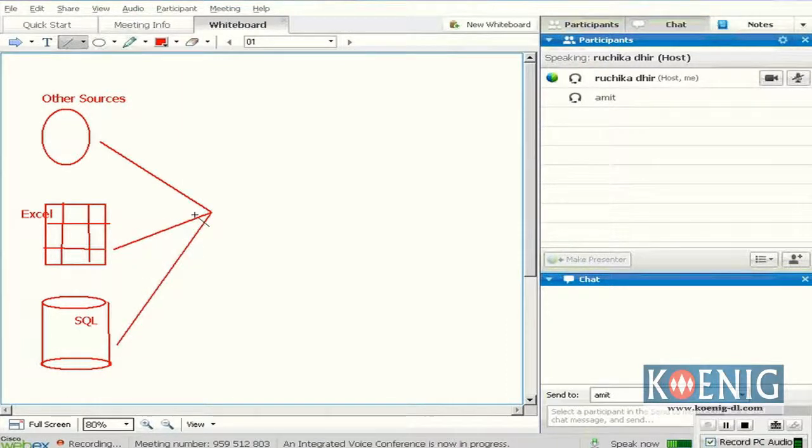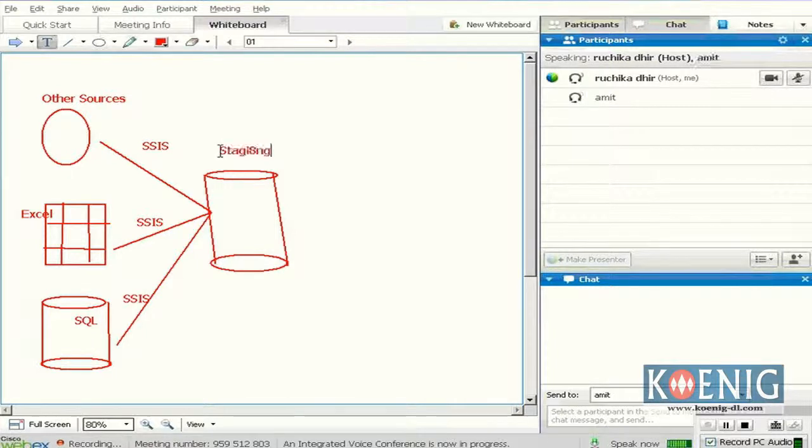And definitely, if you are talking about heterogeneous platforms, that means here you need to handle different types of formatting, data types, a lot of issues. So for that we need to use SSIS, because SQL Server Integration Services allows you to retrieve the data from all the heterogeneous platforms, and this is your staging area. Firstly, we need to extract all the data and store it here.